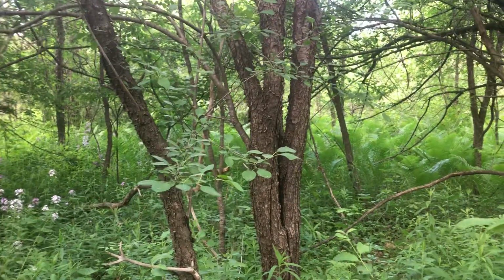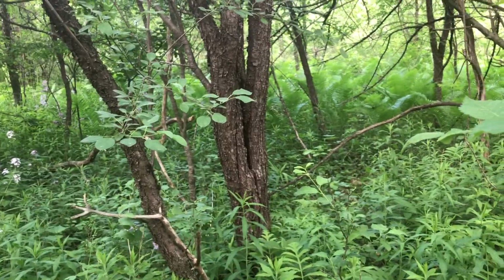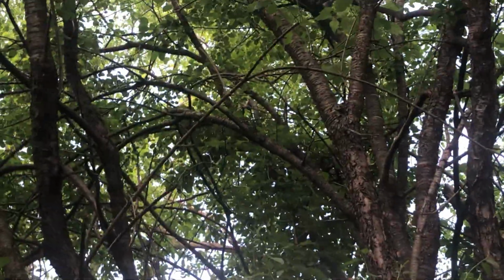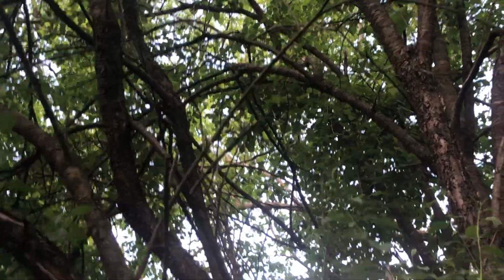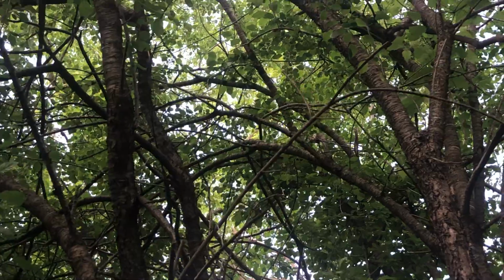I've learned how to identify the tree by the leaves and the bark, but another key identification point is, you can't really see it, but this branch is right there. See how they're curved? They're curved over, almost as if something was weighing them down. And when you see that, that's another tell point, because that's from the weight of the apples bending the branches. So we have